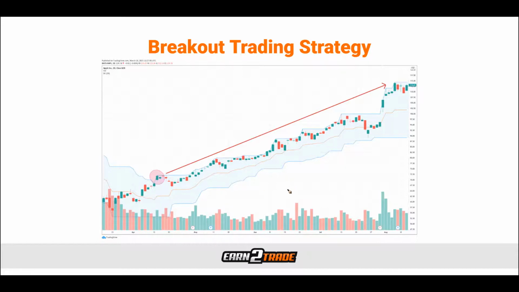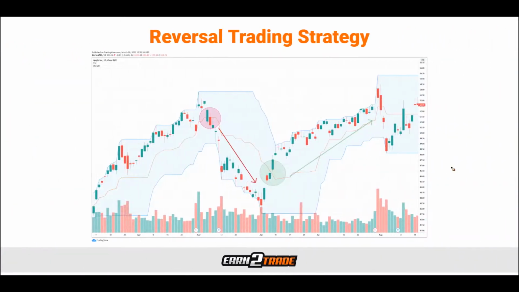Trading reversals with the Donchian channel is a little bit different than many traders are used to with channel trading, because instead of just simply looking for that reversal off of the upper band or that reversal off of the bottom band, the more common way to trade reversals with the Donchian channel is to wait for really a crossover and then view that as a potential reversal in overall direction.